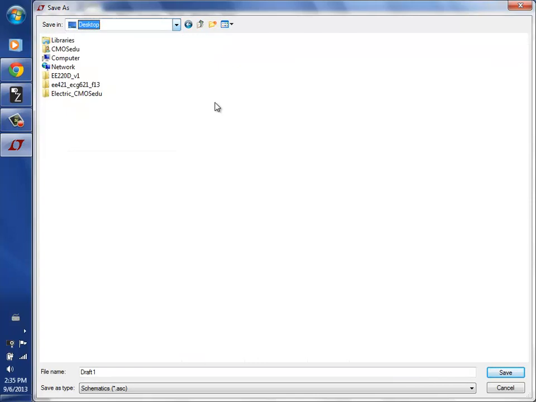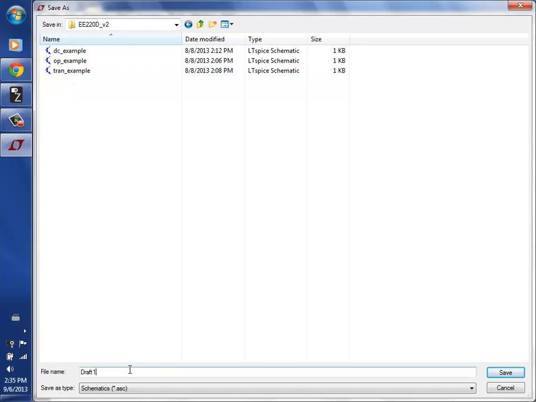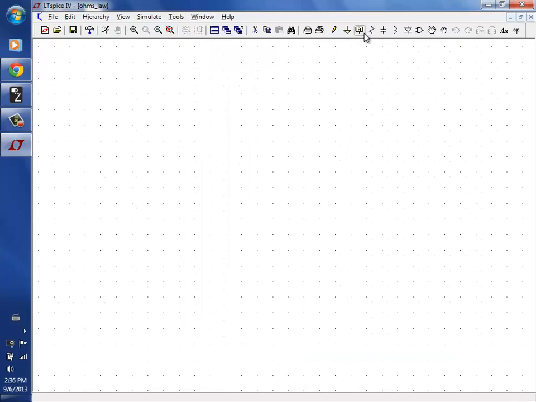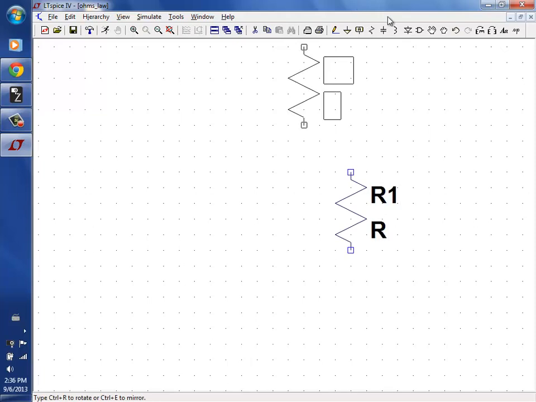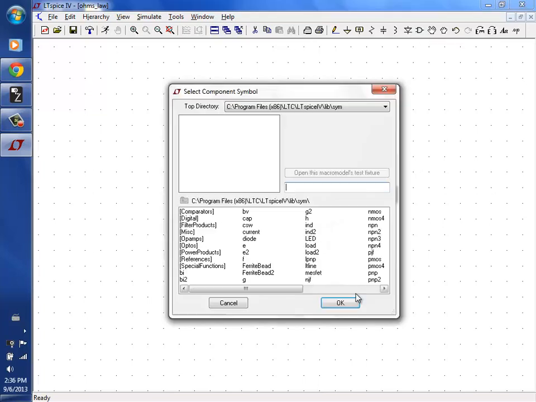And I apologize if I'm boring you. Actually, I don't want to call it Video 1, I'm going to call it Video 2, so let me rename that. But Video 2 will have everything in it from Video 1. I'm going to call this first schematic Ohm's law. I'm going to go up here to resistor and drop down a resistor. Then I'm going to grab a voltage source,